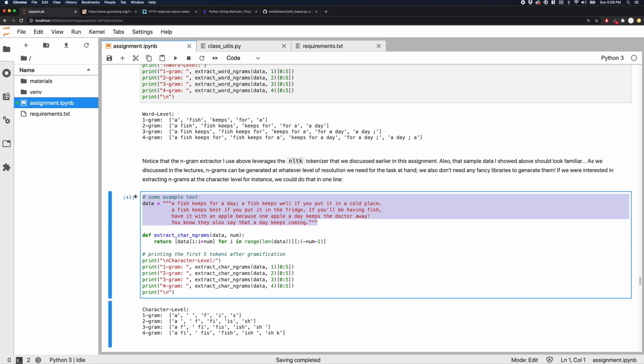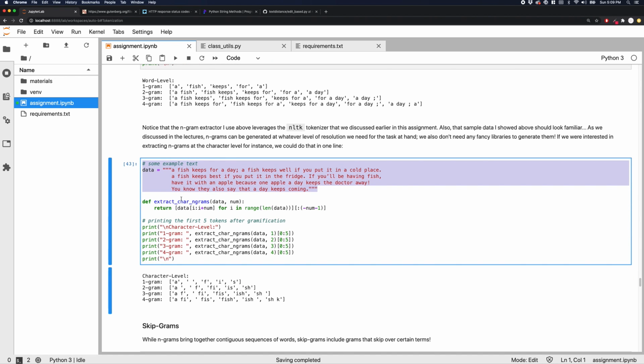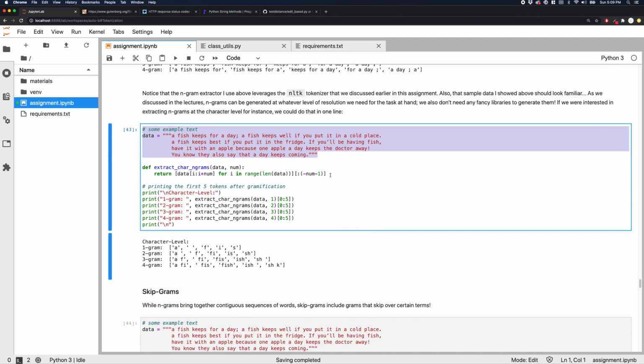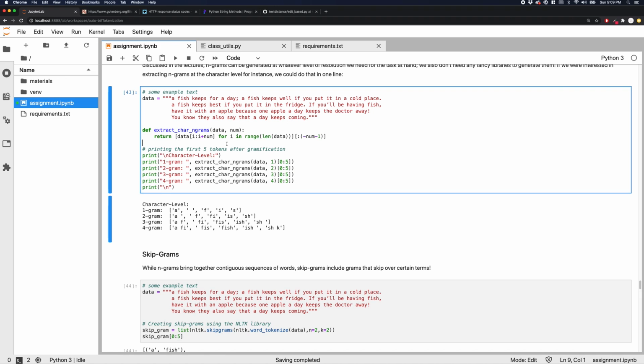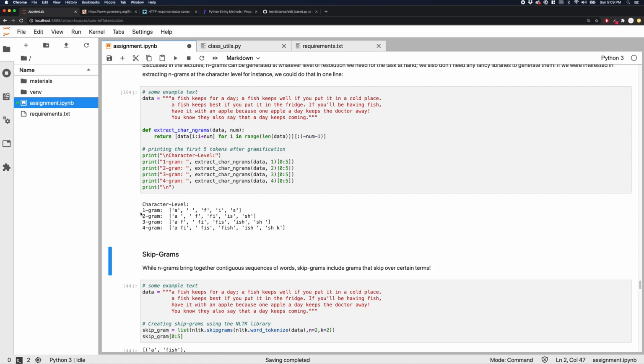So for the same text sample that we had in the lecture, this data, you can come up with something that extracts character level n-grams. You basically start at the beginning of the string, you step through, and for as long as the gram you want, you step that many characters forward, you grab that piece, you combine it, and you pack it into a list. That's what this little function does. Okay, and so if I run this, you can see I get the 1 grams from the sentence, the 2 grams, the 3 grams, and the 4 grams, but these are at the character level now